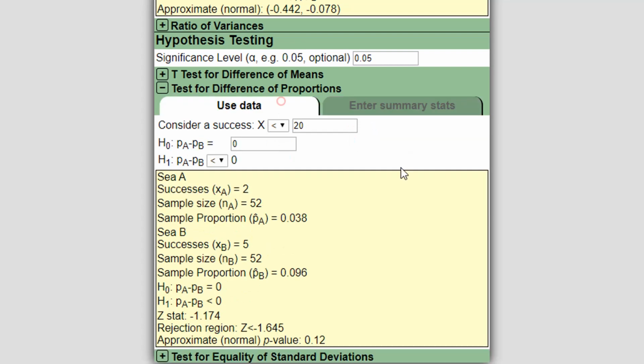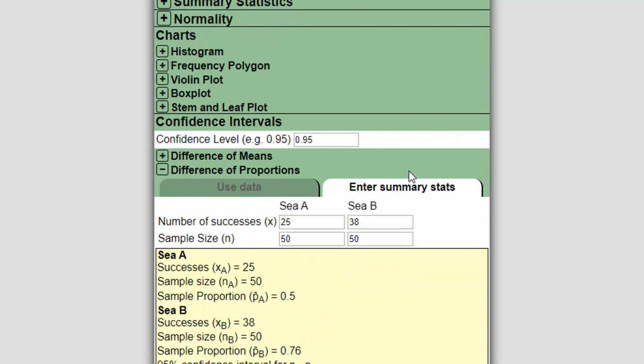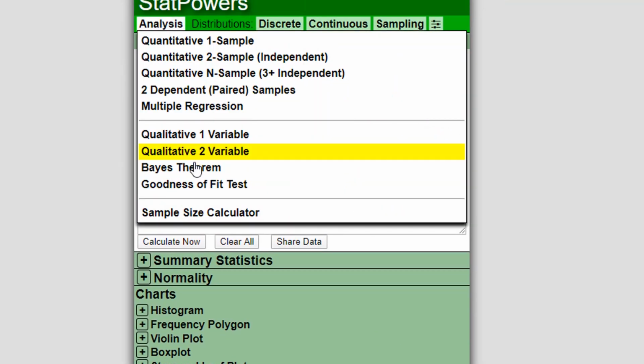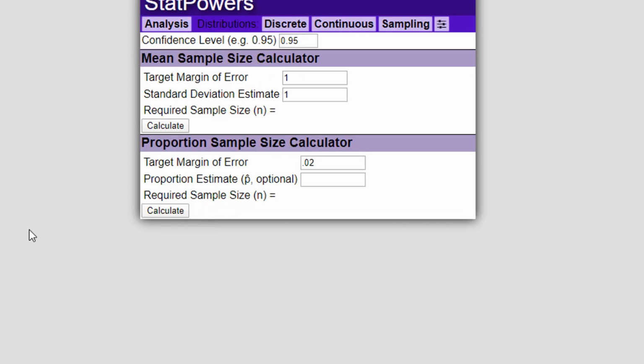It's straightforward. And then I guess the last thing that I would point out is there's a tool, a sample size calculator, which is useful for inference of proportions. The sample size calculator is very straightforward. For proportion sample size, if I have a target margin of error and I have some estimate of the proportion,